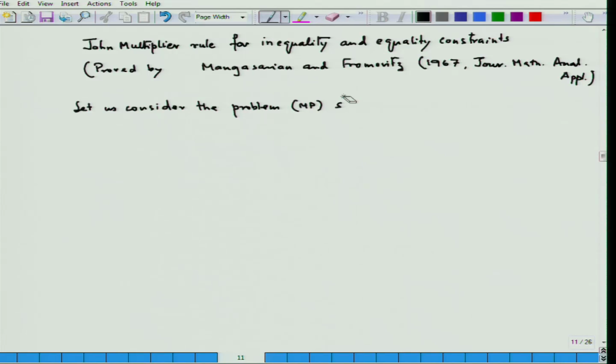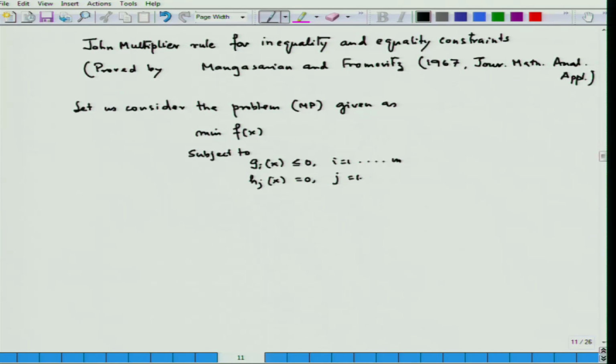Now, we will have equality constraints also. If x star, so this is my MP,